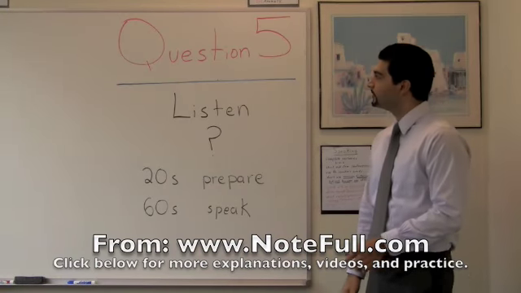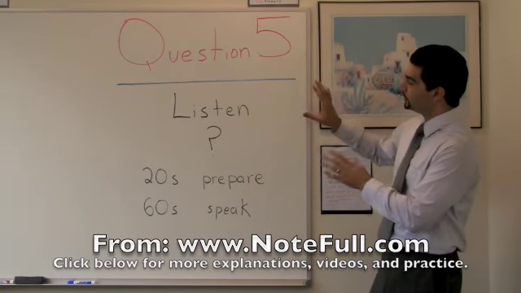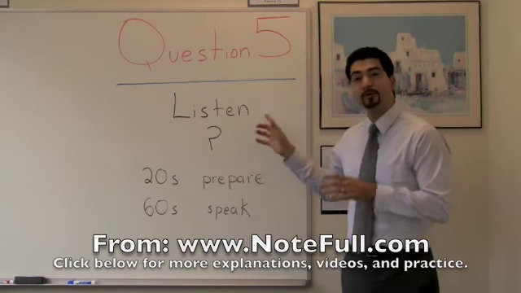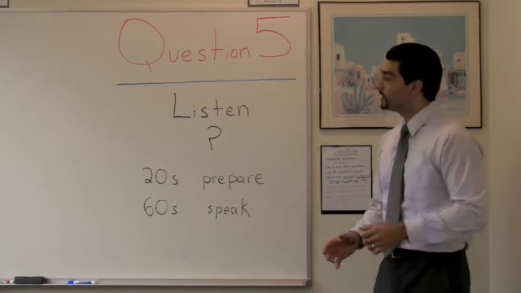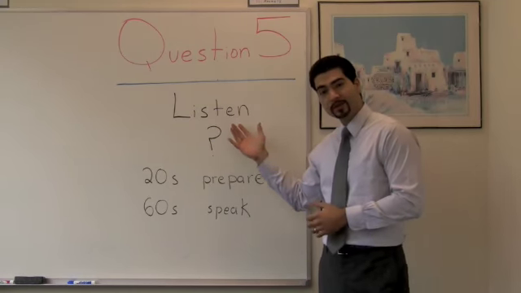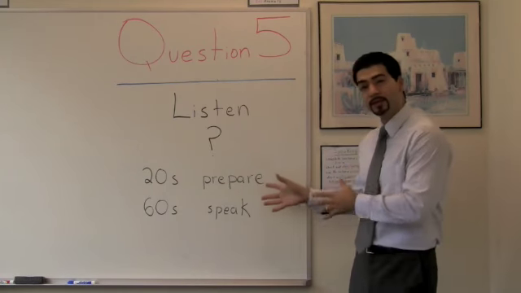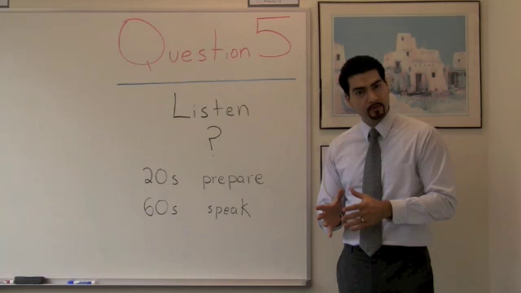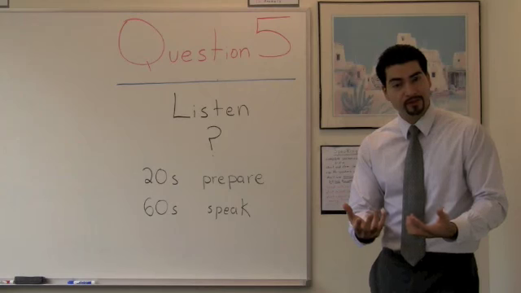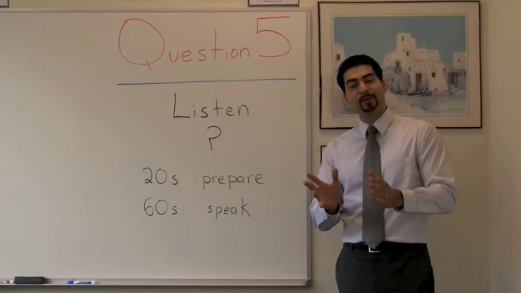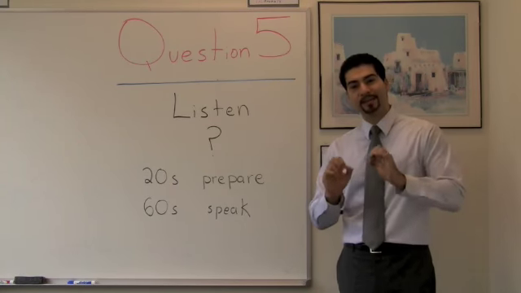The first thing that I want to mention is that in this question, when you take it, you're first going to listen to a conversation between two students, always a man and a woman. After that, you're going to hear a question about the conversation that you heard. Then you'll have 20 seconds to prepare your answer to that question and 60 seconds to deliver your speech to answer that question. So now let's break it down bit by bit and see exactly how to attack each part.